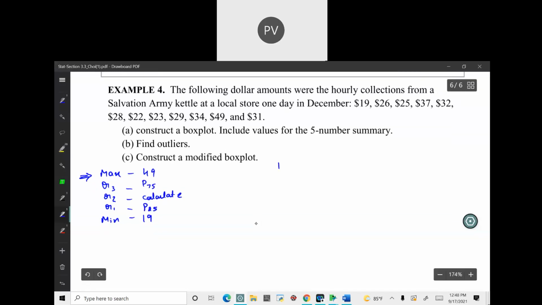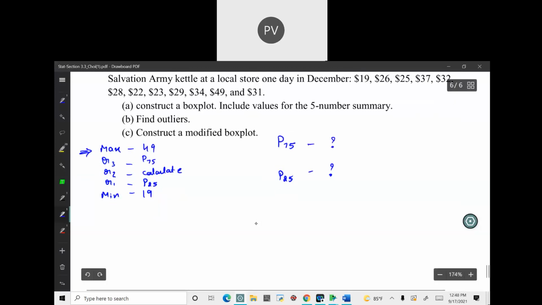Now I am telling you that we have a data value at the 75th percentile and P25, which is the 25th percentile. How will you find the data value? How? Go back to the percentile formula. You have a percentile given, find out the position, and then you will get the data value. Okay? So find all these values. Find all the five-number statistics, and we will continue this on Monday.